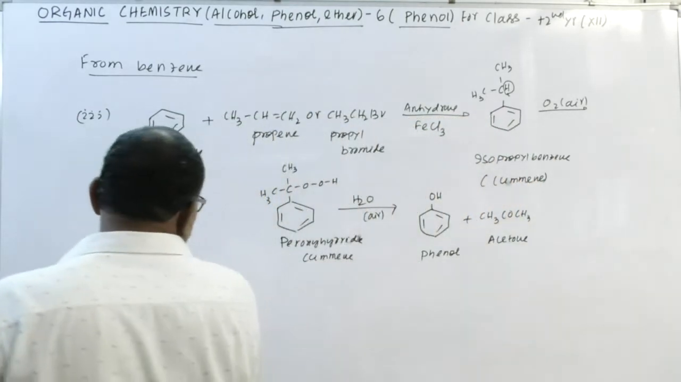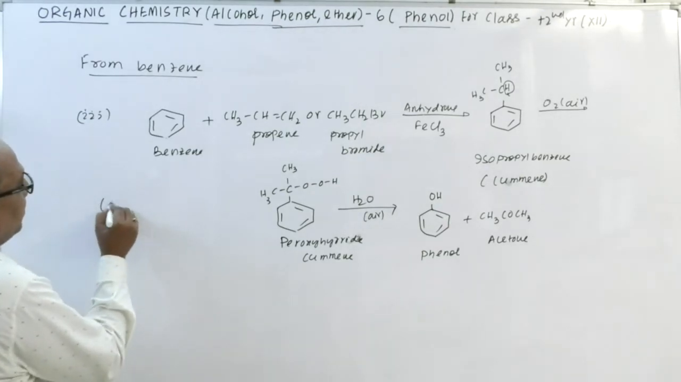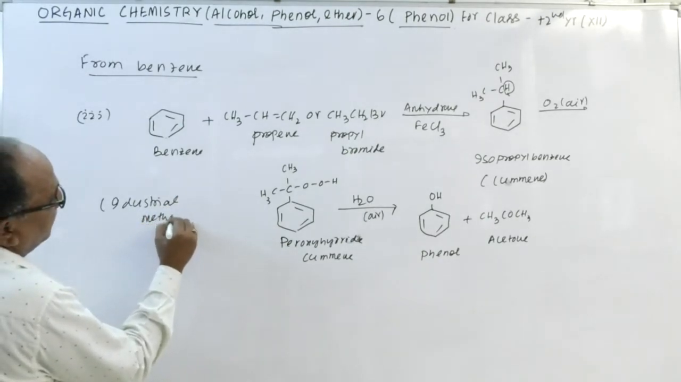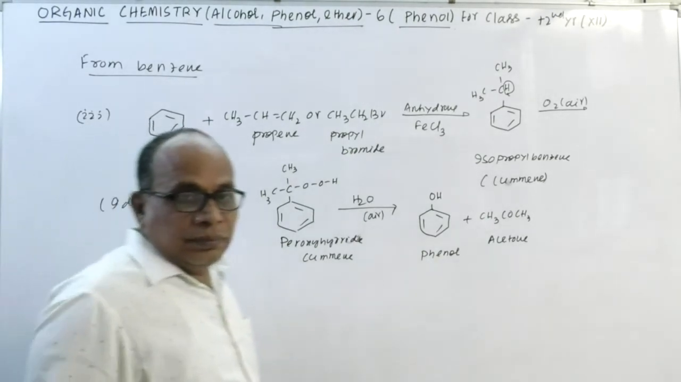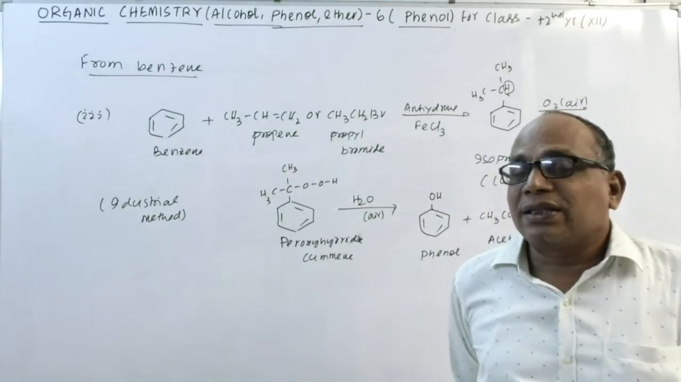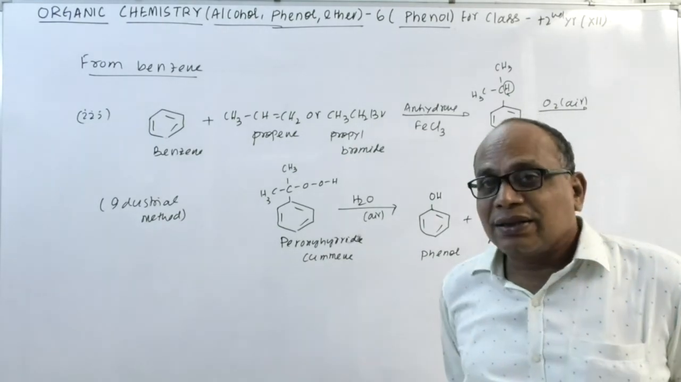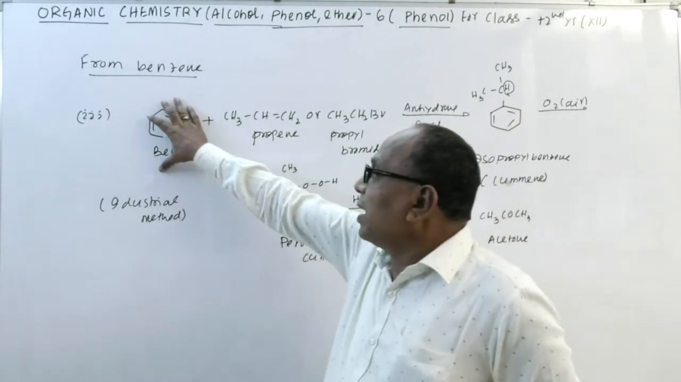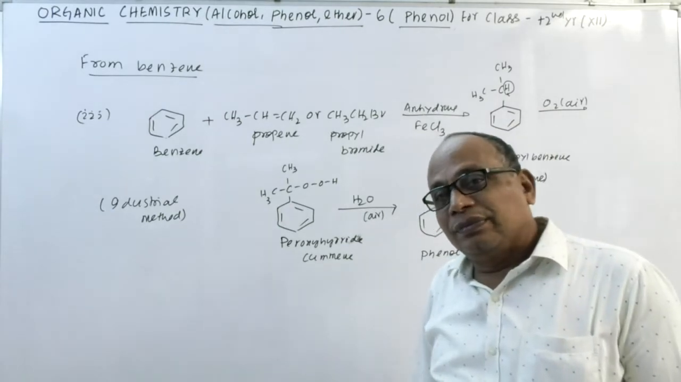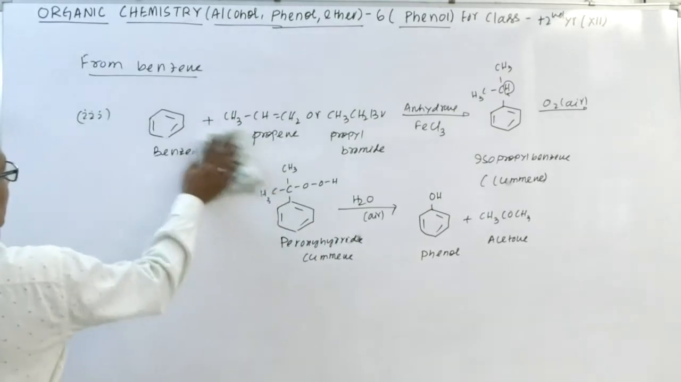And in large scale, the phenol can be prepared. This is called one of the industrial methods. In large scale, the phenol can be prepared from benzene by making an intermediate. That means the benzene is there and is required either propene or propyl bromide. And this is another method of conversion of